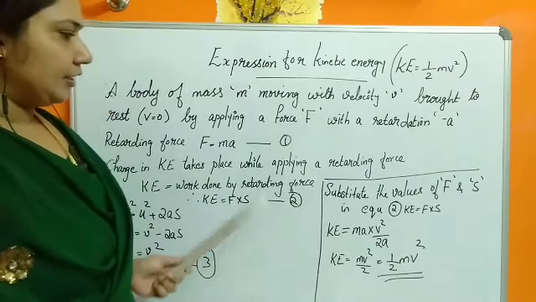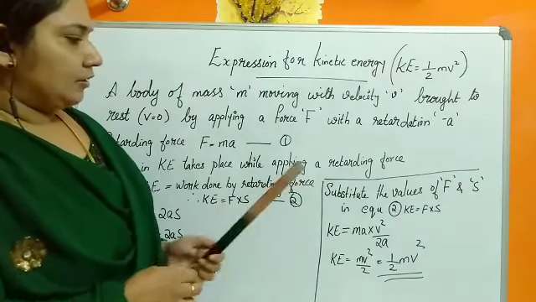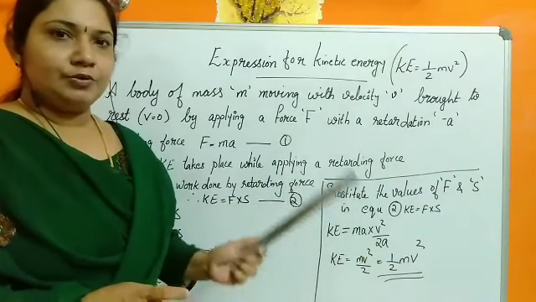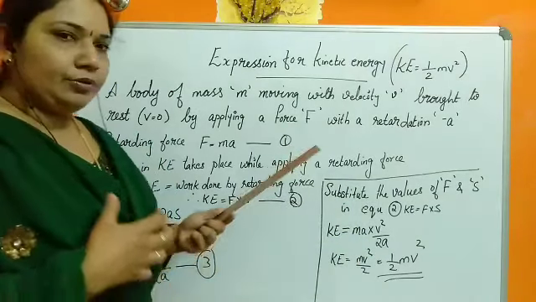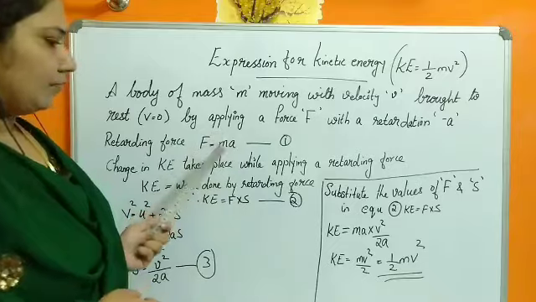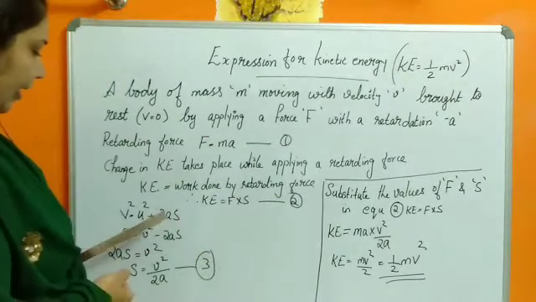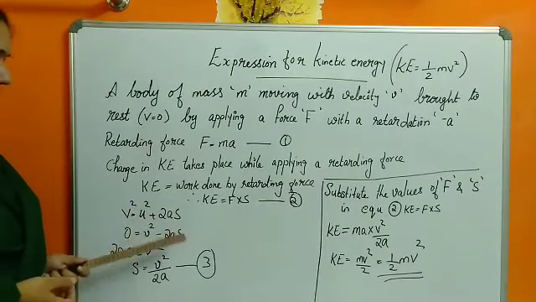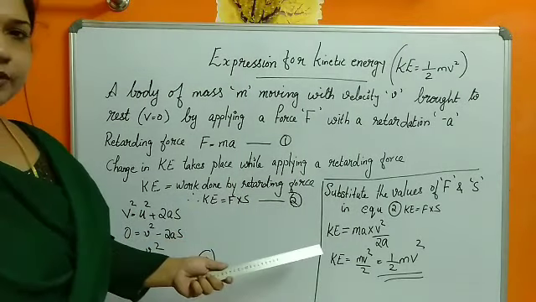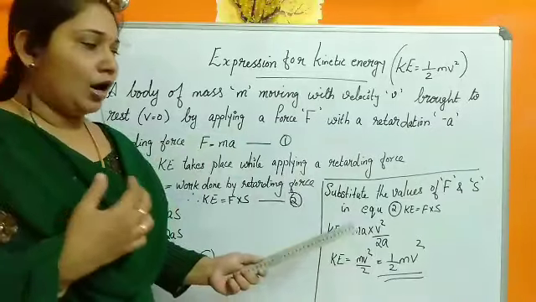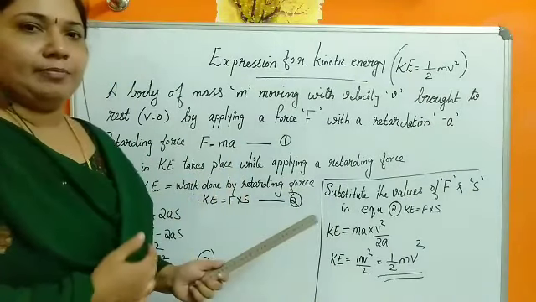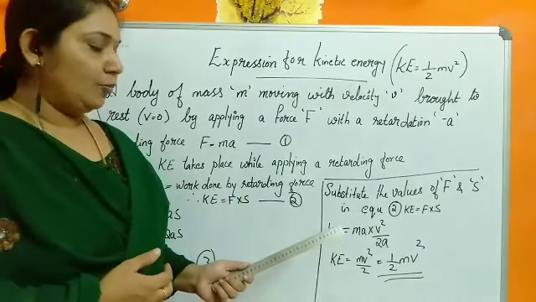So the derivation is easy, but the main thing you have to keep in mind is you should know the relation. If acceleration and mass are given, and you are asked to find kinetic energy, final velocity, initial velocity or displacement, with all other things given, you should know how to link the equations in between. Okay, hope all of you understand.